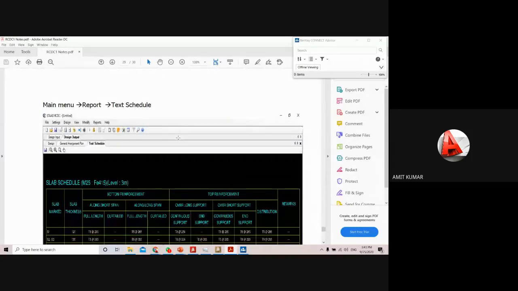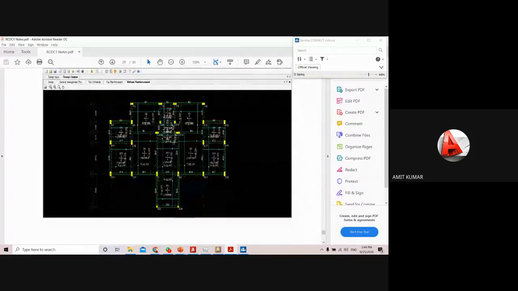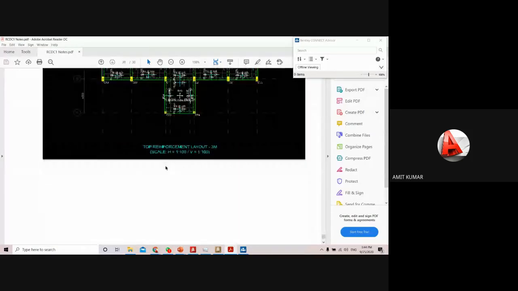This is a very simple procedure. When you open the file, अगर आपको StatPro properly आ गया, then you can do everything RCDC and Stat Foundation design very easily. Just because you have to just select the file from the StatPro, and mostly it will take the data from the StatPro already. If you are not satisfied with the data, in that condition you have to change the input values only. Okay, so anyone has any doubt, just ask me.